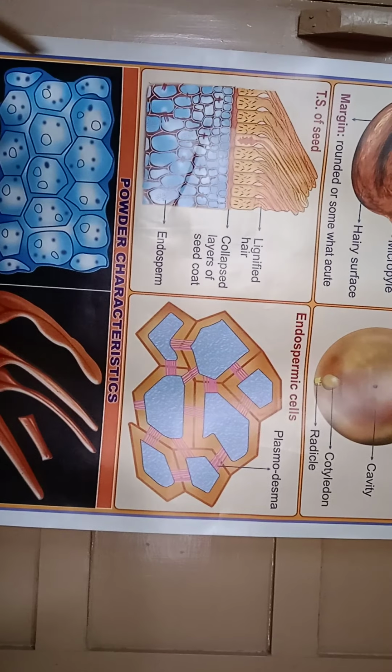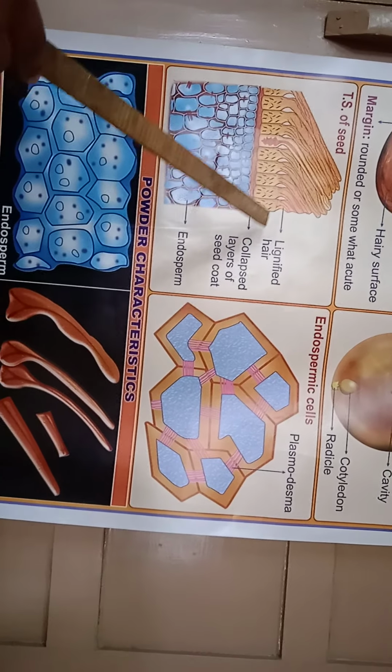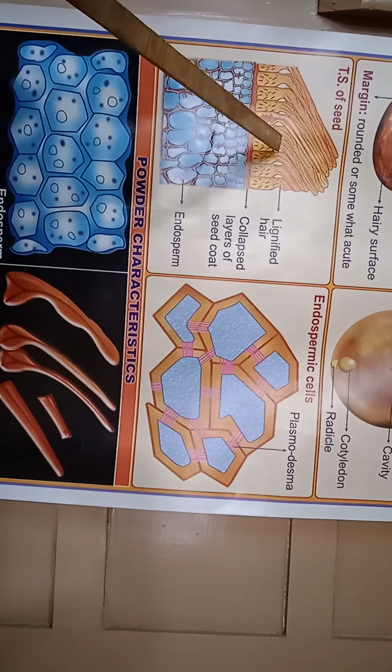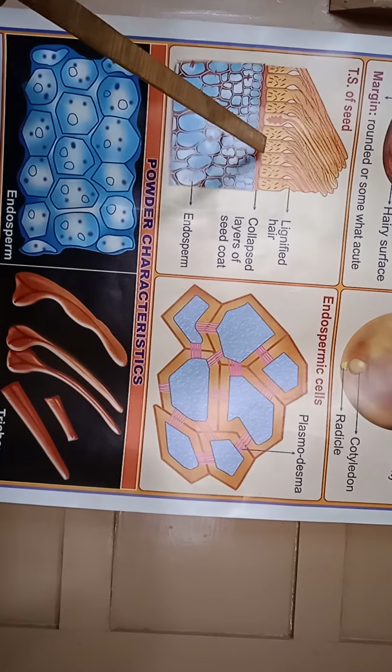in this seed you will observe two parts that is called as the testa and endosperm. Okay, this is a endosperm region. Now here you can see these are the lignified covering trichomes which are present on the outer surface or coating of the Nux vomica seed. Now these trichomes, they are thick-walled, bent and twisted lignified trichomes and emerge from the epidermis layer and parallel in one direction.